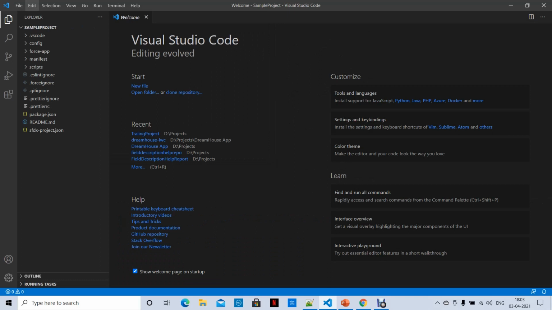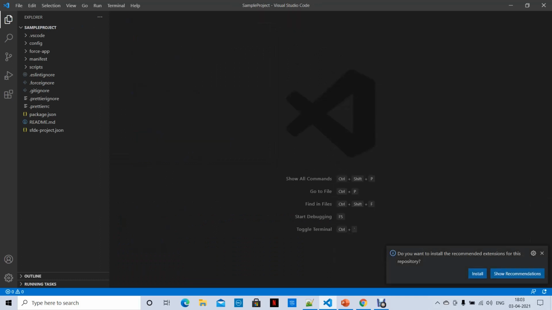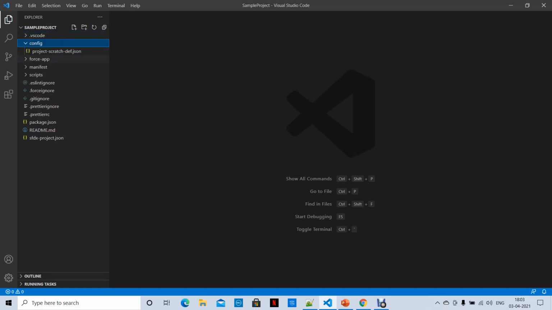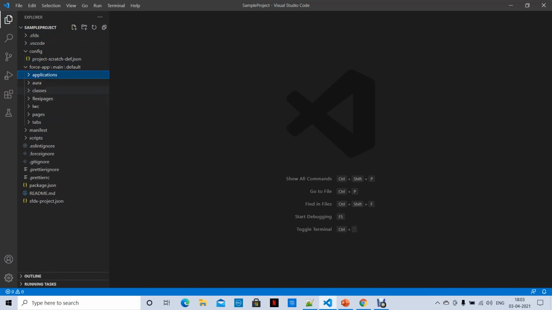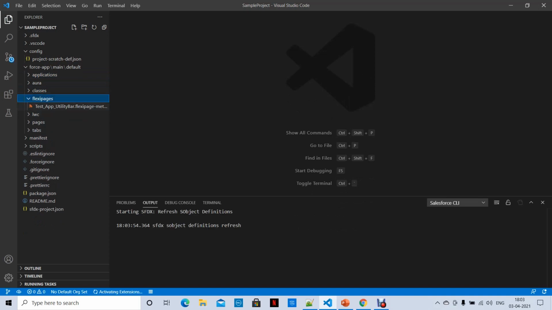Now if you observe here, I have VS Code, configuration file, force.com app, application, test app. From where we got it? From repository, right? Classes, pages, and flexi page anyway, we already have that. These kind of things I have, pages and tabs.